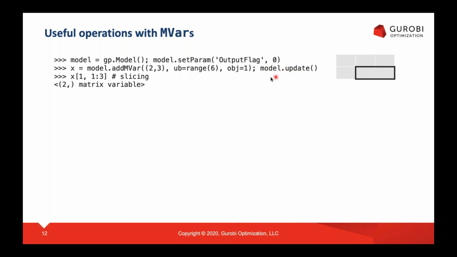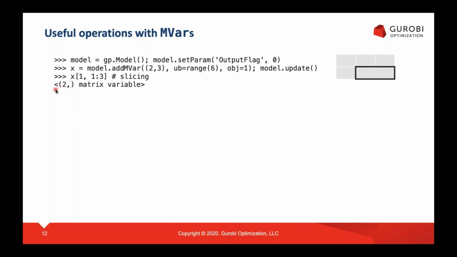And then here I do a trailing model.update. This is just for convenience so that I can query the values we've set later on. So what do we have here? This is the first very important operation. It's a matrix variable. It inherits the slicing properties of ndarrays. So any slice you can apply to an array, you can apply it here as well. So for example, this would say, please give me the submatrix consisting of the second row and the second to third column of the MVar. So this is again an MVar of dimension 1